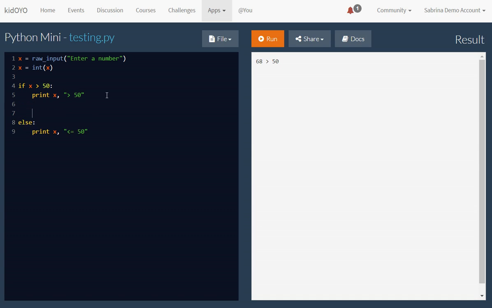Now what if I also wanted to check if x is actually less than 50? And this one would just be that x is equal to 50. Well, to do that, I would use elif. Elif means else if. And let me write this first. This means else if. So it'll check if x is greater than 50, and if it isn't, then it'll go